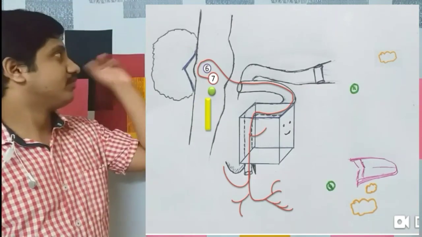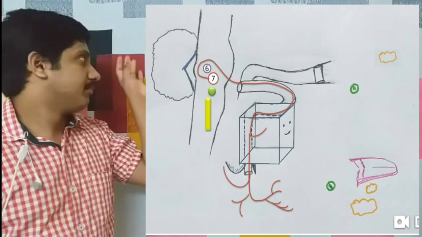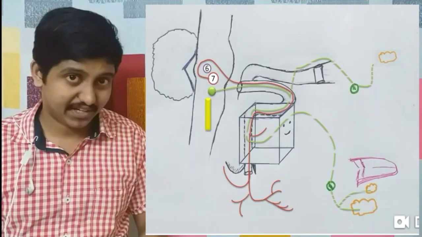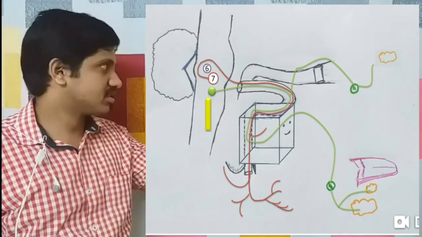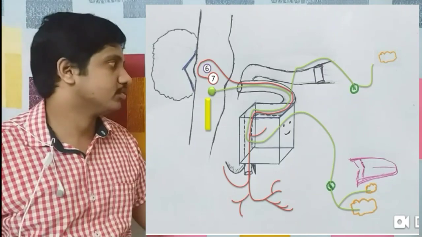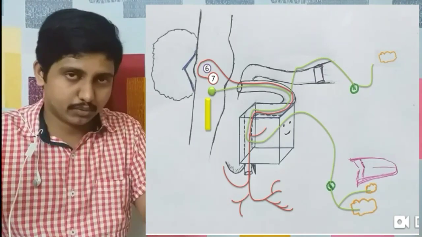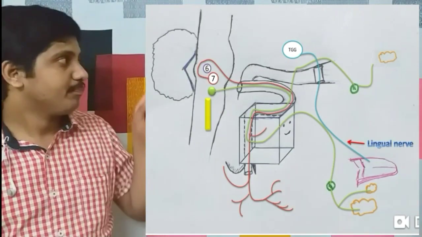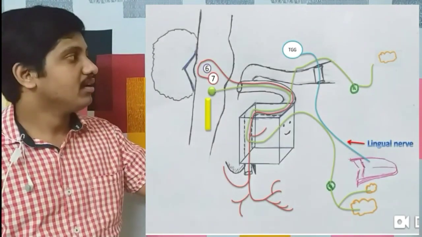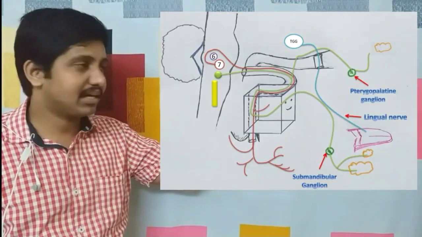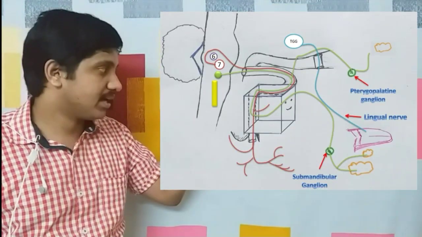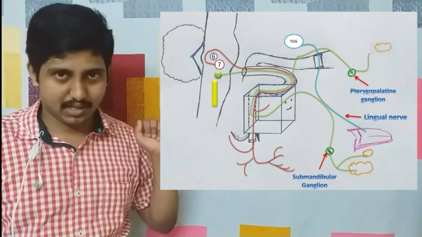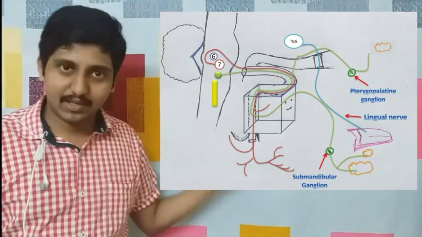Now let's come to the sensory part, because it is also very important when we consider the facial nerve. The first one regards the parasympathetic nuclei, that is the superior salivatory nucleus. It comes in the same way through the internal auditory meatus up to the genu, but at the genu it divides into two, not a synapse, it is just dividing into two. One branch goes to the lacrimal gland, and the other branch comes down and goes to the submandibular and the sublingual salivary glands.